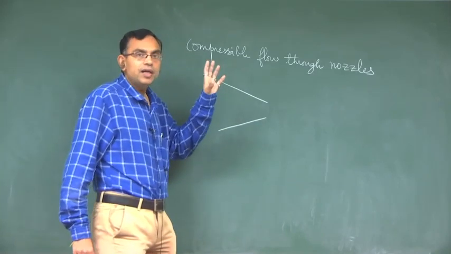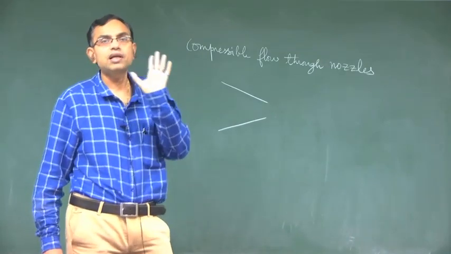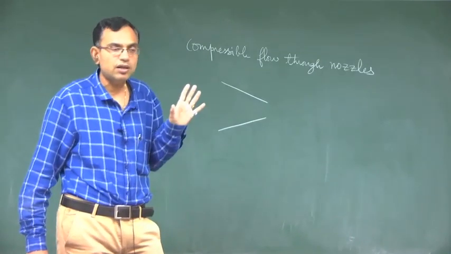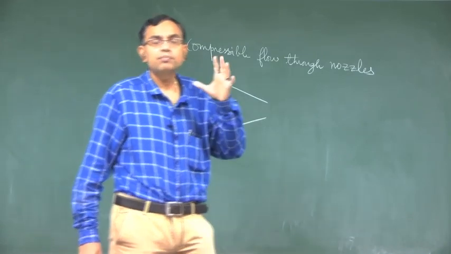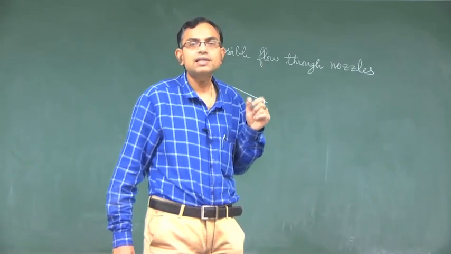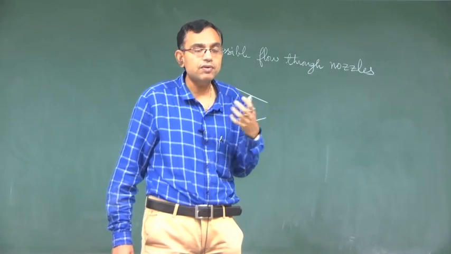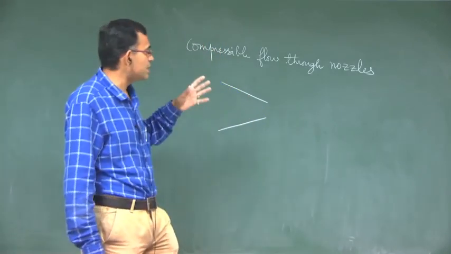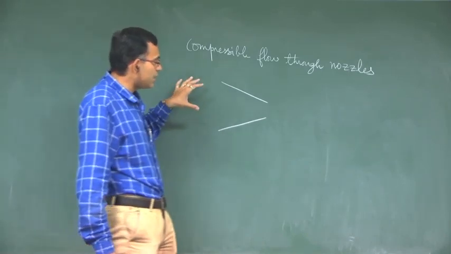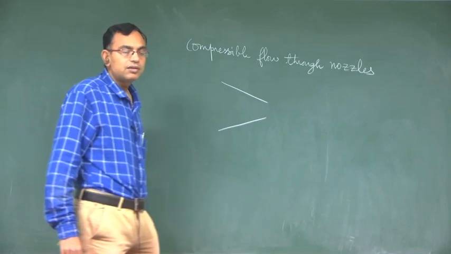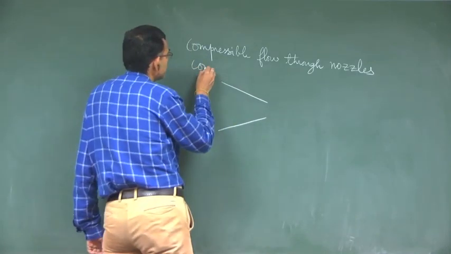This paradigm is based on our intuitive mindset that area into average velocity is a constant. This is true when the density parameter does not come as an important factor. For a compressible flow, the density comes as a very important parameter, and that makes this entire situation not so trivial. Because this kind of nozzle is our intuitive design of the nozzle, we will start with this, and this is called a converging nozzle.